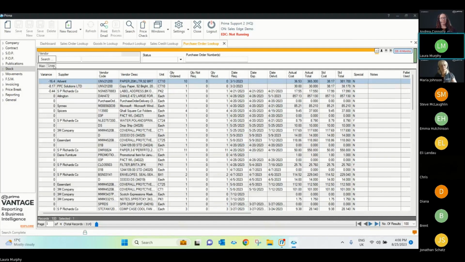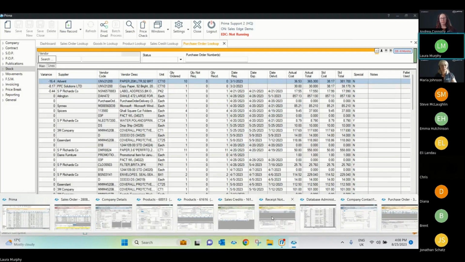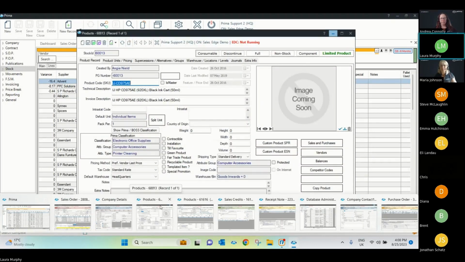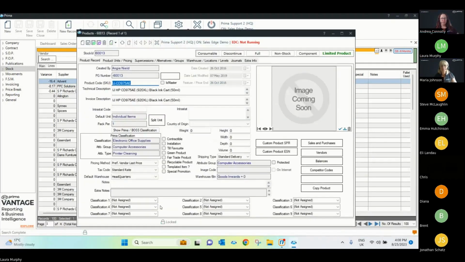So now I wanted to move on to products, stock products. We've added quite a lot of new enhancements in there. So firstly, if I use this product here, you will all probably have seen this button down here that says copy product. And when you click on it, it used to ask you, are you sure you want to copy this product? Now instead, if I click on that,